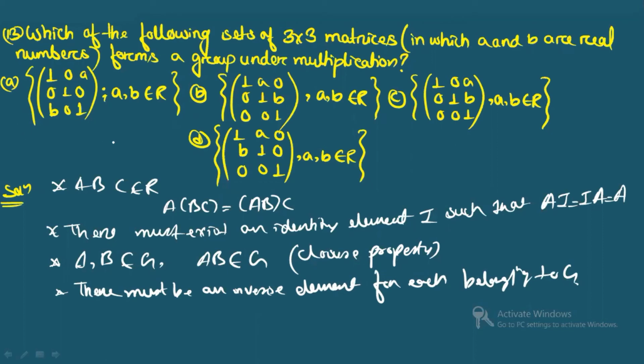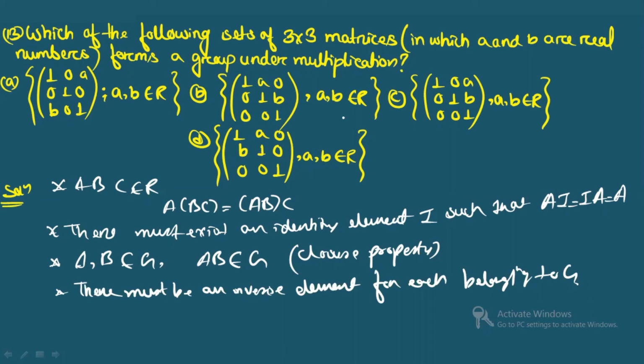Now you see you're having 4 options here. Clear? So if you put A is equal to 1 in option A, and you are putting B is equal to 1, 2 rows and 2 columns are becoming the same or not? If you put it to be 1 and 1, it is becoming equal, right? That means the matrix in option A is non-invertible when A is equal to 1 and B is equal to 1. In D also, if you put A is equal to 1 and B equal to 1, 2 rows and columns are becoming equal. So it is not invertible, but we need it invertible, right? So for this reason, these 2 options are not possible.